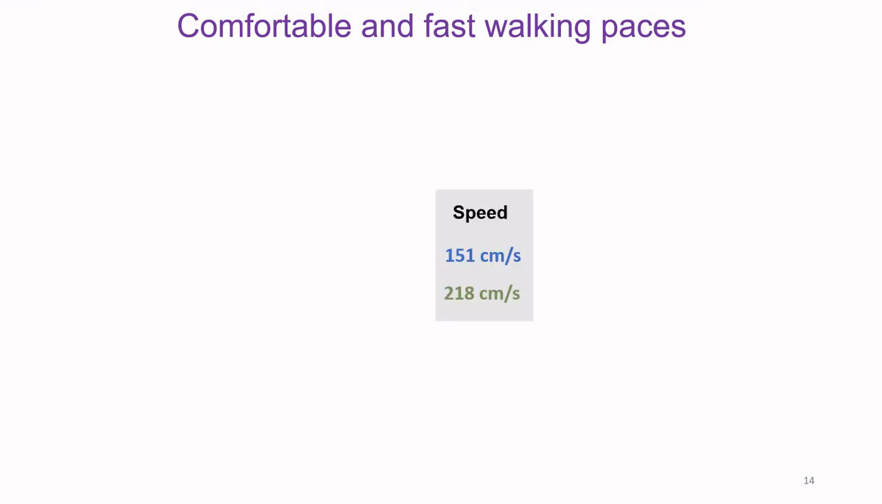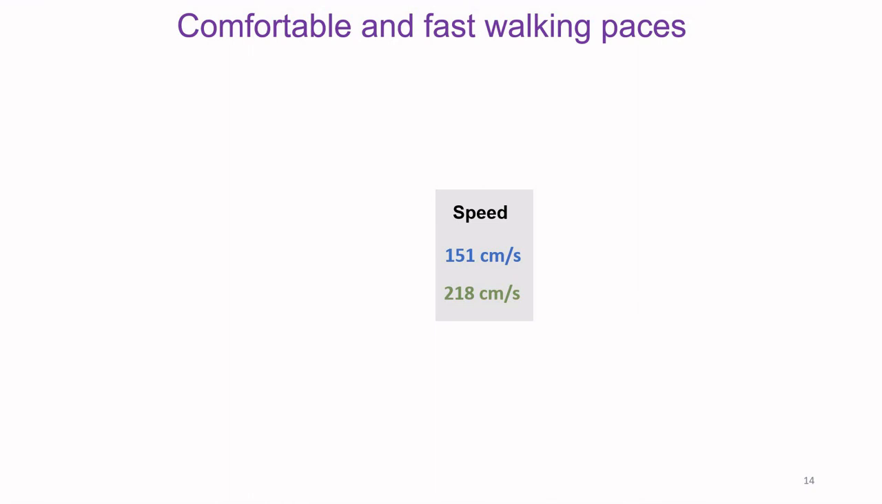In this study, participants walked at 218 centimeters a second when they were asked to walk quickly, and they walked at 151 centimeters per second when they were asked to walk at a comfortable pace. When we ask subjects to walk quickly rather than at a comfortable pace, what changes in gait parameters do we actually end up seeing? When we ask someone to walk faster, the resulting increase in speed can be obtained in